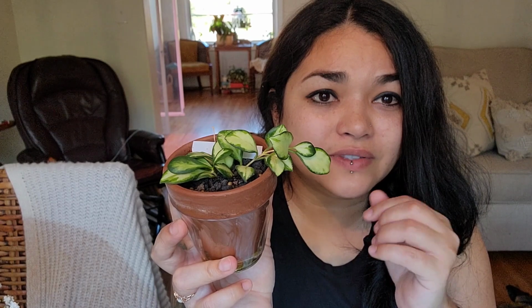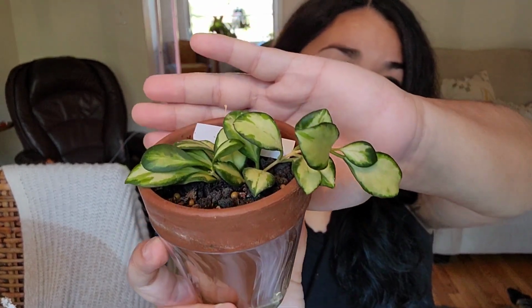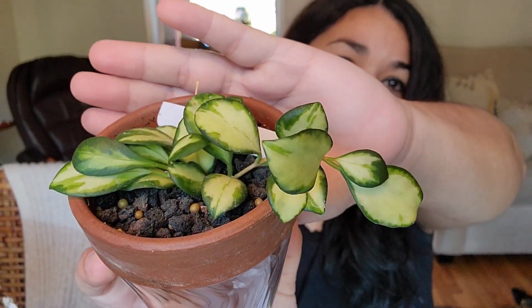So I don't know. I'm just pretty bummed because it's a beautiful plant, and I've seen so many people that grow it, and it's so beautiful. So I want it to do good, but I'm not sure. I may have to look more into their natural habitat and just see if I can do something different to acclimate it to my home. Because my home, it's remaining at a constant